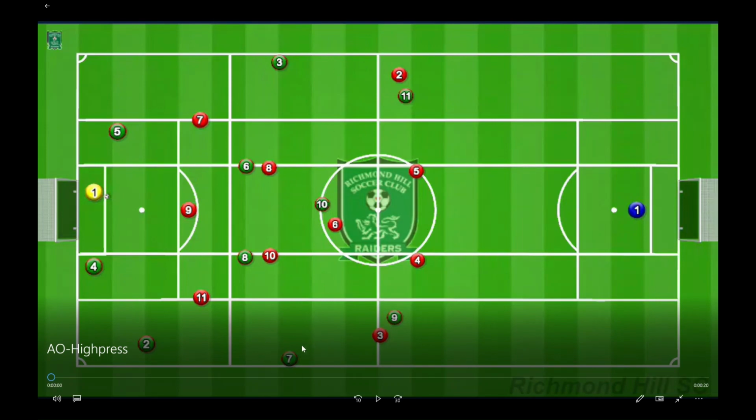Also, I ask number 9, instead of staying here, to slide next to the left back to force him to stay back so that this player has enough space to receive the ball. Number 10 should run behind the number 6, almost this area. If the ball comes to this area, come here to force him to stay back. Also attract these 2 players as well. This player, number 11, as the ball travels to the right, should come over almost here next to the number 5, force him to stay back.